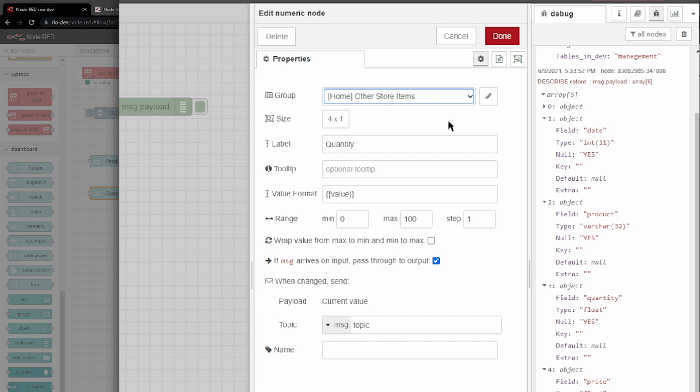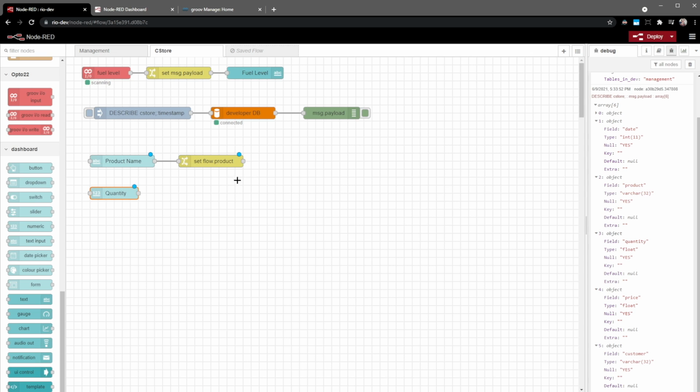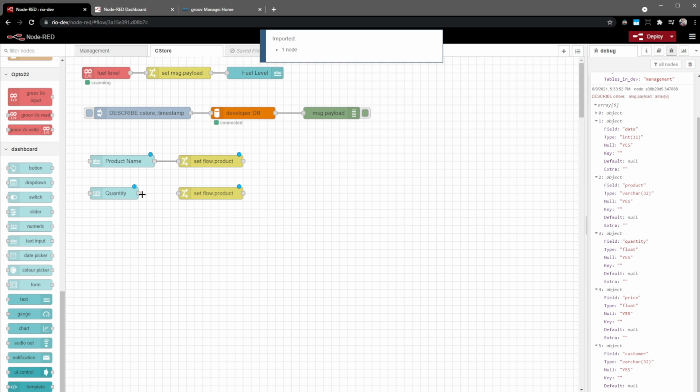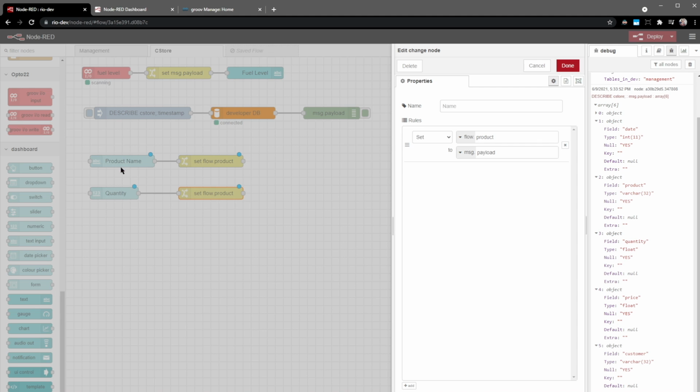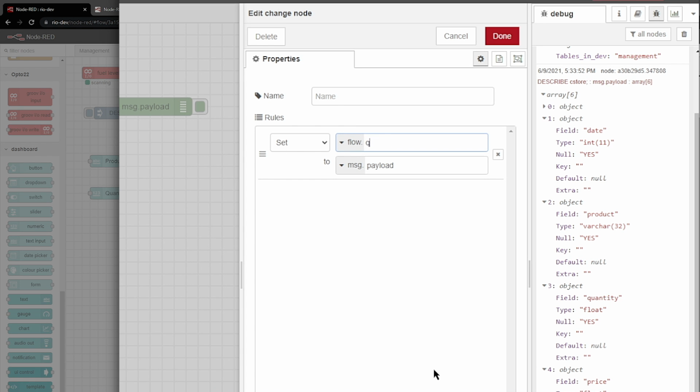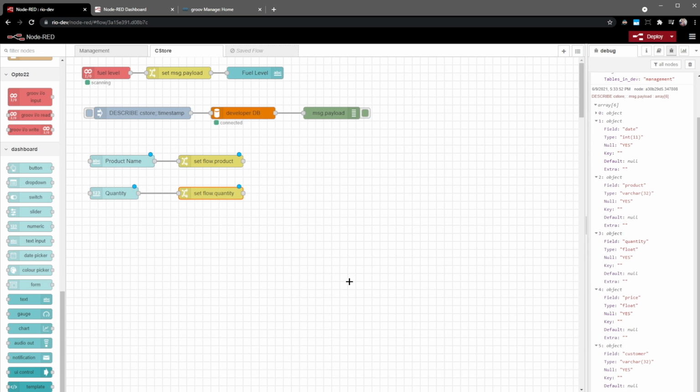So with that done, I'll click done, and we'll do the same trick here we did with the change node. I can even select it, press Ctrl-C, and then press Ctrl-V to get a copy and wire that in. But instead of overriding the flow.product that we're already getting from the product name, I want to be setting it separately. So I'll be setting it to flow.quantity, and that'll be able to save it without overriding my current product. With both of those set up, let's test this out to make sure it's all working as expected. I'll click deploy,